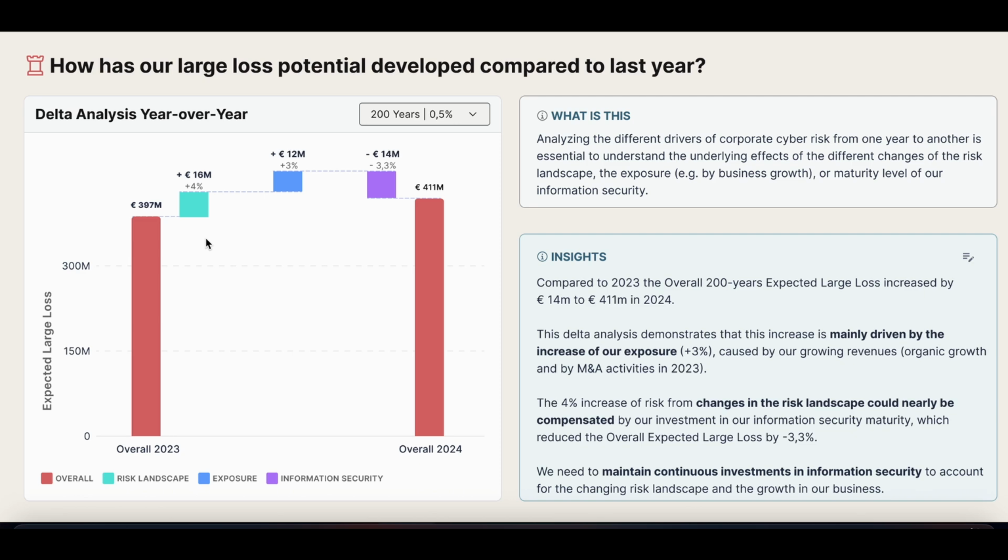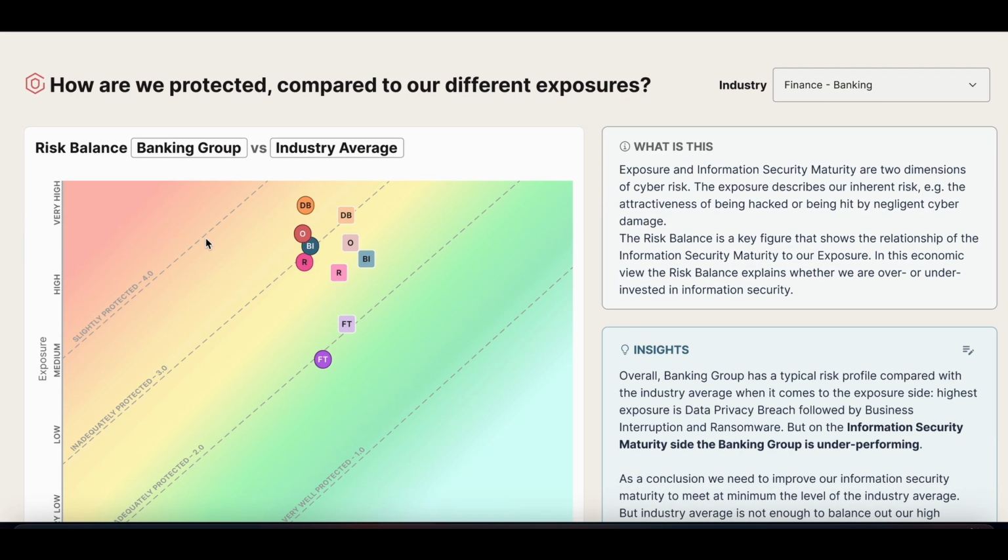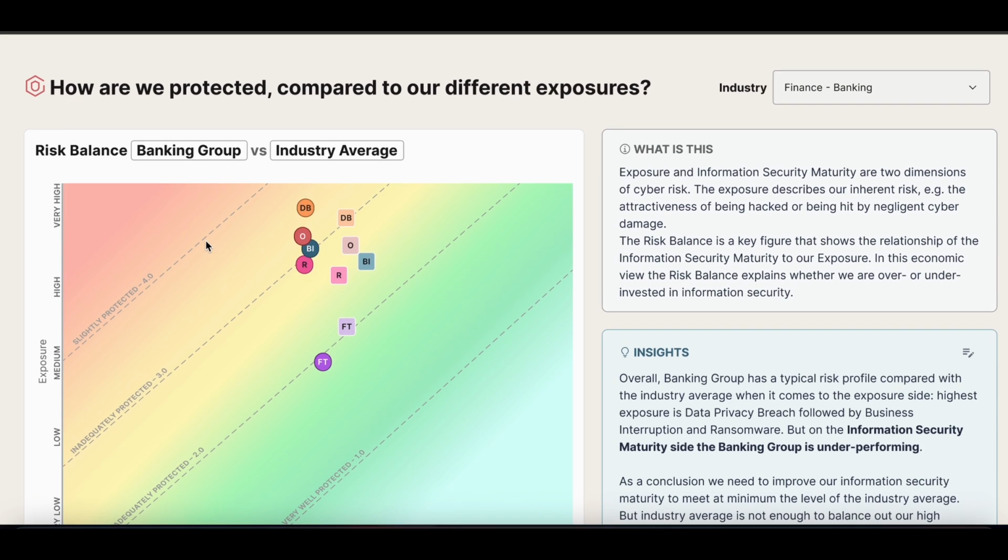Next, we want to think about which control chapters need improvement. So the current overall maturity level of the group is a bit below average, but according to our cyber strategy, we aim to reach a basic maturity level within the next 2 years, which aligns with compliance requirements like DORA.